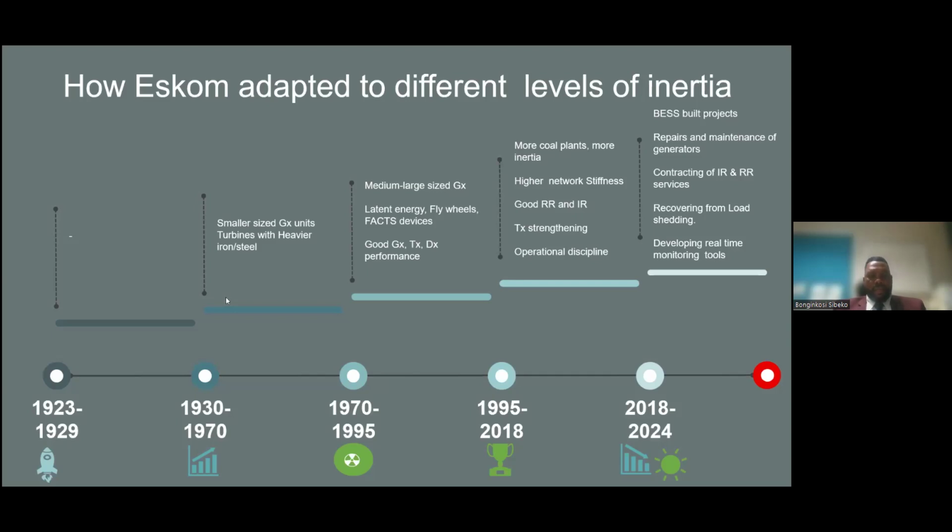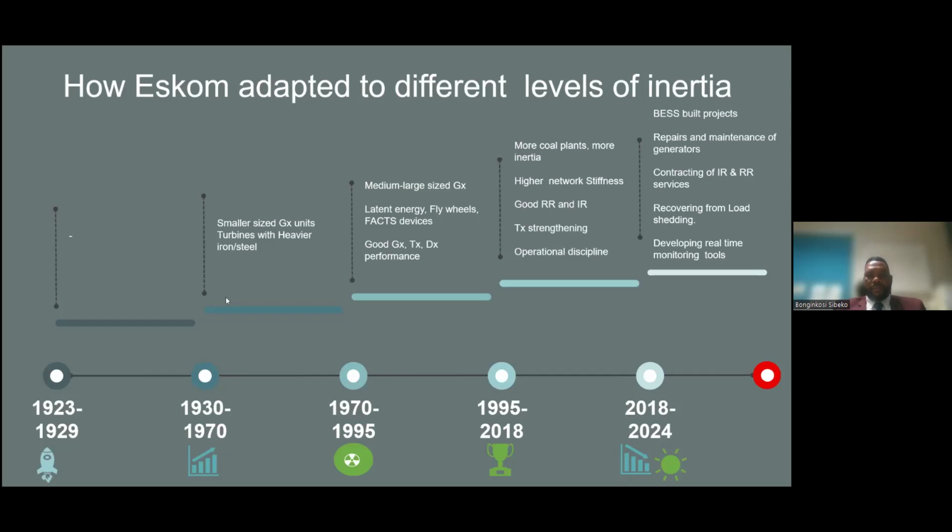Around the 1930s, we had smaller sized units. The materials they used were also heavier, like iron and steel, compared to what recent power stations use. These steels were heavier, and so they could store a lot of energy. Because of their small size, any disturbance didn't affect the entire system much. Then around the 1970s,